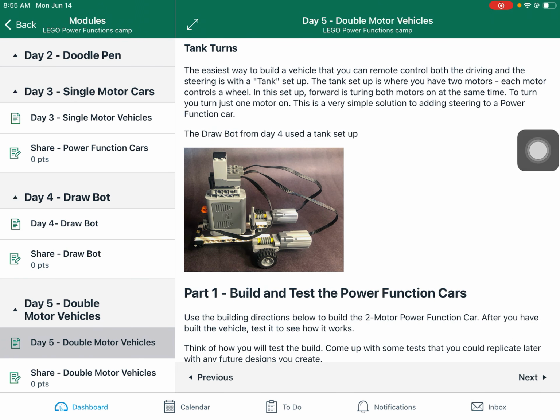The easier version of doing a two-motor vehicle is similar to the last day that we did, day 4, which had a motor controlling each side of the vehicle. This is how a tank is set up. If you think about